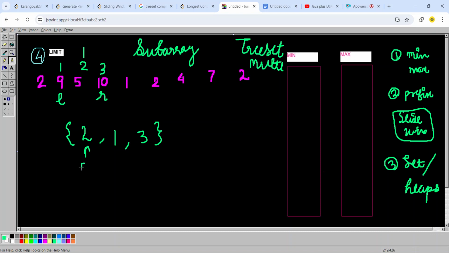This is an index, this is a number. And at 3 the number is 10. So because of this 5, because of this index, I can't keep index 1. So that means I have to remove all the indexes from my set which are less than or equal to 2.